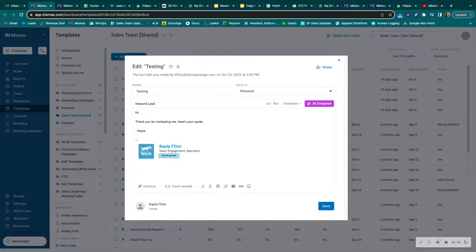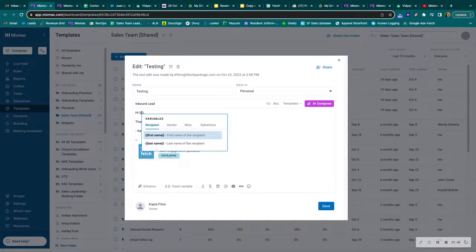Now here is the personalized part. So when it comes to templates, you're able to use as many variables as you like, including custom variables that you make on your own. And I will show you how that's edited when you get over to Gmail here shortly. But first things first, I'm going to go ahead and add in some variables just to show you how that